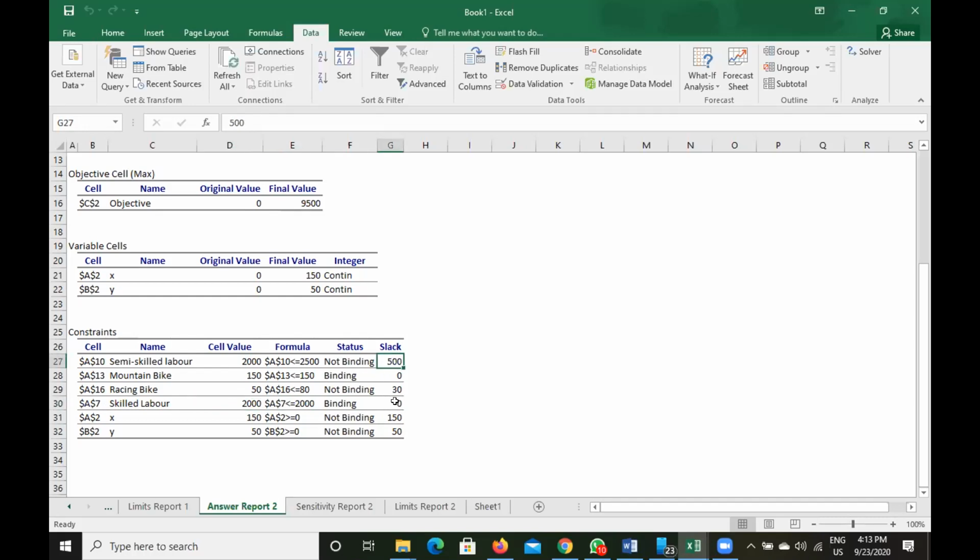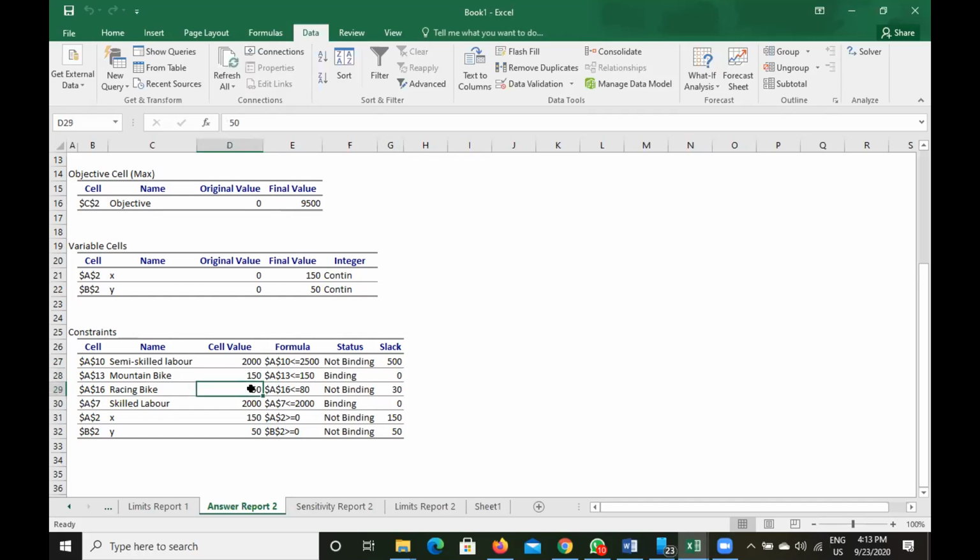And then again, a critical resource is also not good. This is a critical resource, so this is a constraint. Take the mountain bike. The question said that the maximum demand of mountain bike is 150. So that means we can produce the full 150 bikes to get maximum profit, right?